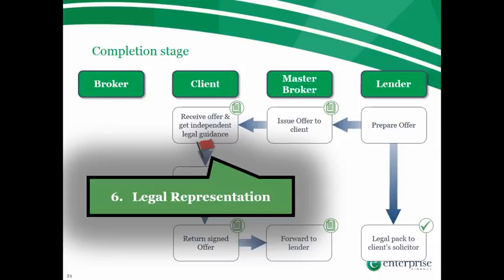take that responsibility. It is therefore vital that the client is informed at inquiry stage to instruct a solicitor that has experience of dealing with short-term finance and understands the need for urgency and speed in responding to requests from the lender. By hiring the correct legal representative, this will be a relatively quick and painless process. If the client wants Enterprise to assist, we have a panel of solicitors that operate in this market that we